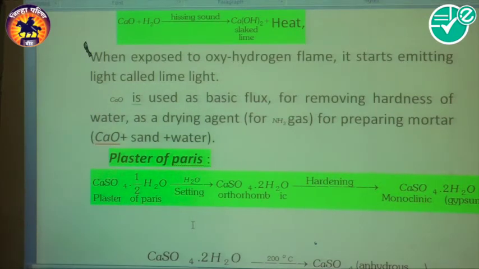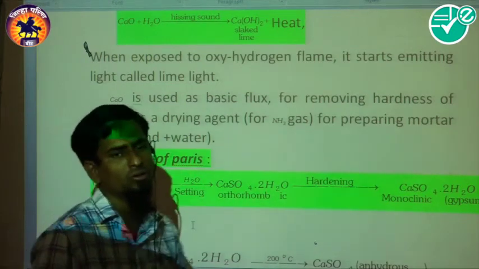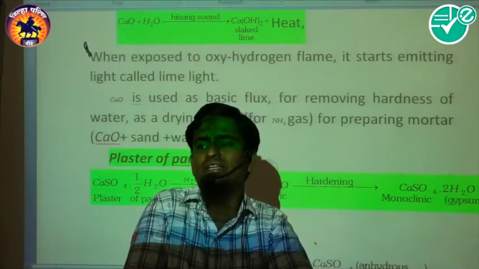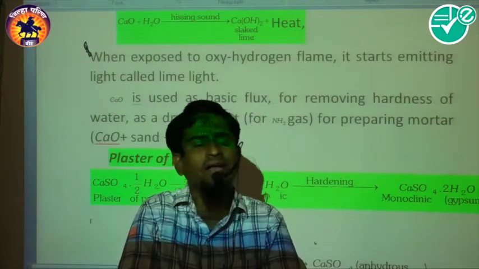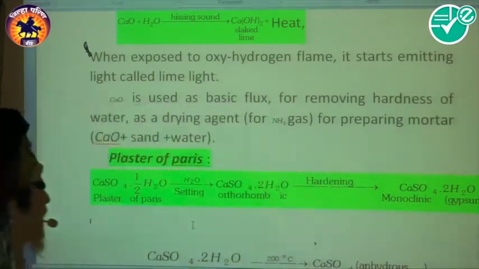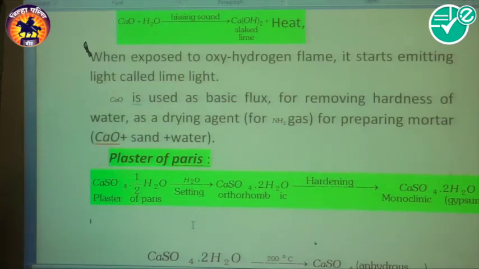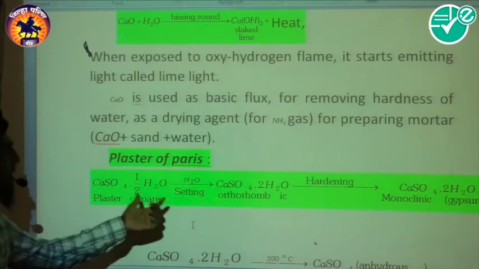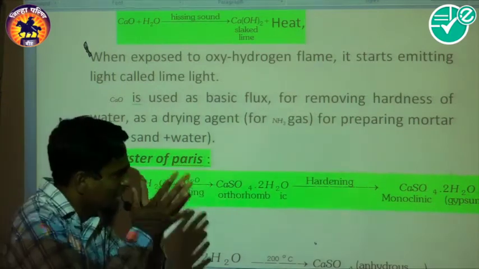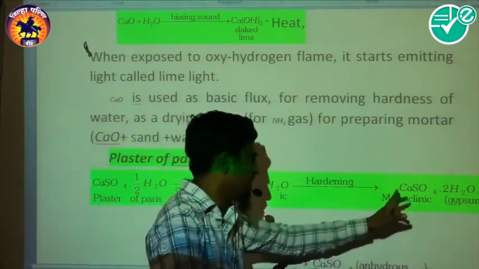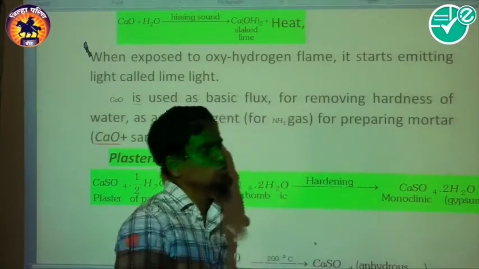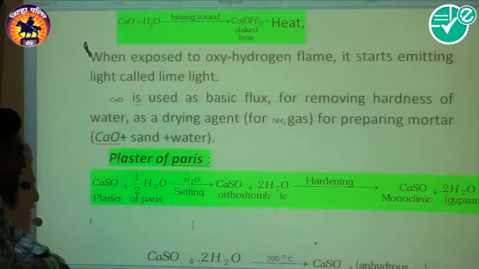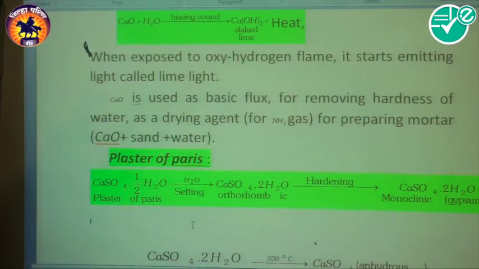For which purpose is it used? There are a number of accidents going on, then the doctor puts a plaster. That plaster is nothing but plaster of Paris, that is calcium sulfate. How does it harden? See here. When plaster of Paris comes in contact with water, it gets hardened and forms CaSO4·2H2O. That is a gypsum type of compound that is very hard, and it gets settled down.